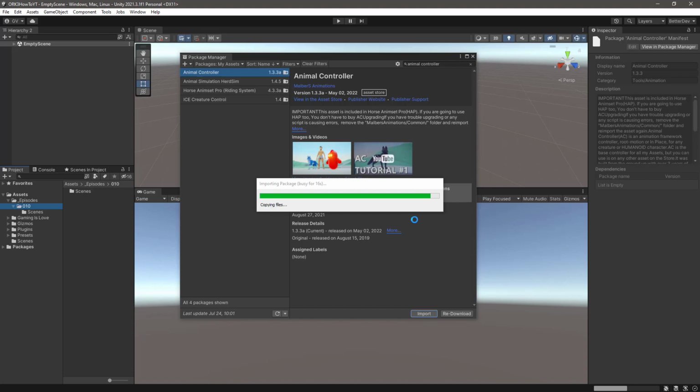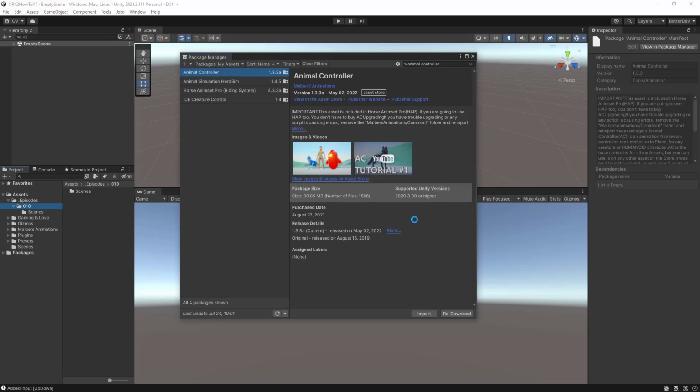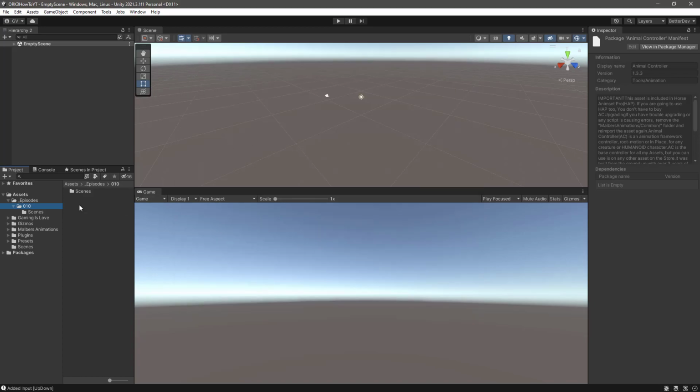I'm going to pause the video until it's finished. Okay, so now it's installed, we can close Package Manager and take a look at Malbers Animations, and we have the Animal Controller here. What I want to do now is go into File, New Scene,